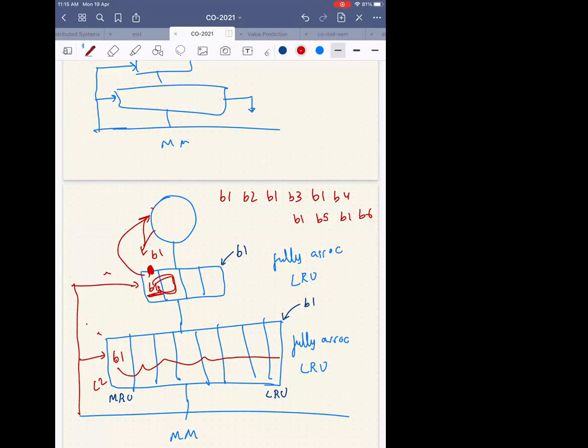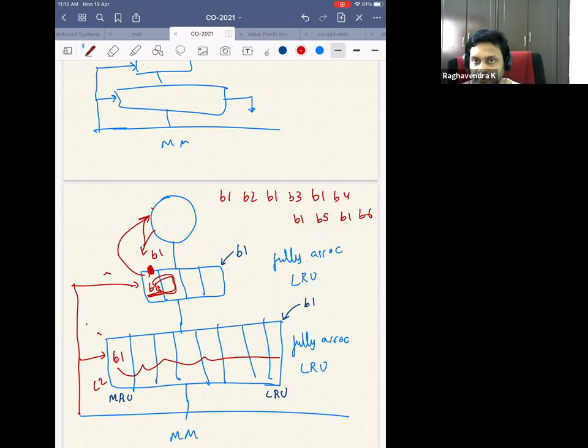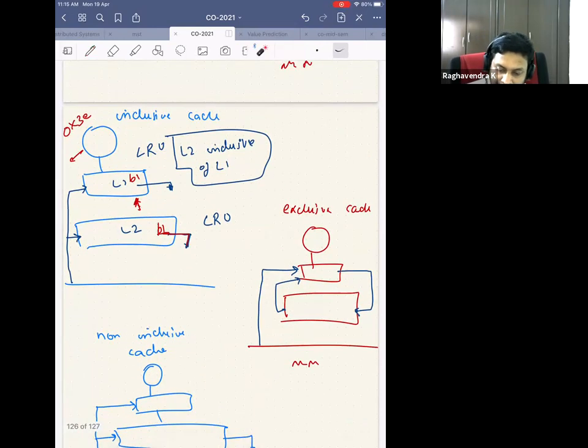Okay, so this possibility is there in an inclusive cache. What happens in an inclusive cache is when I kick out a block from the LRU position, I send something called a back signal. So I say to the L1, hey, I am removing a block called B1. If you have this block, even though it is in MRU position, please remove it because I have to maintain strict inclusivity. So even though B1 might be in MRU, you are removing that block from the L1 cache because you are maintaining the inclusivity of that particular cache.